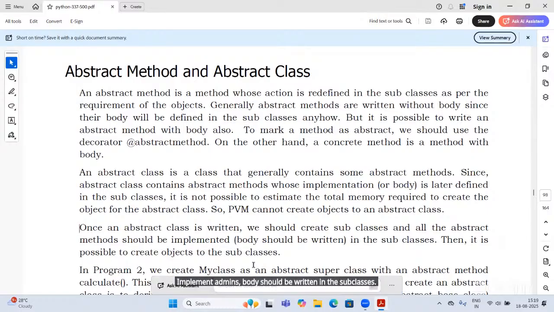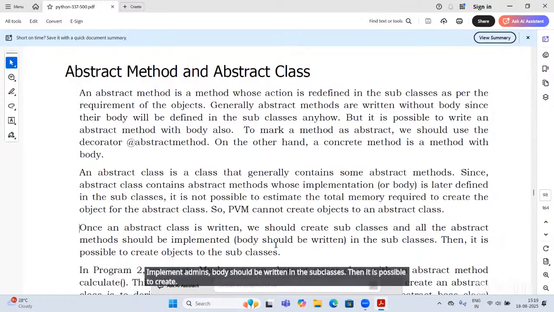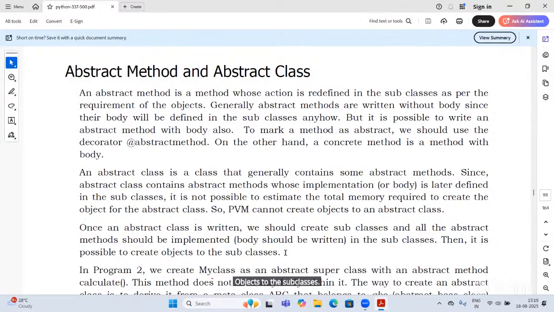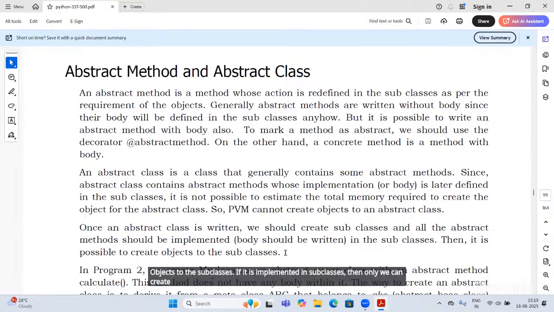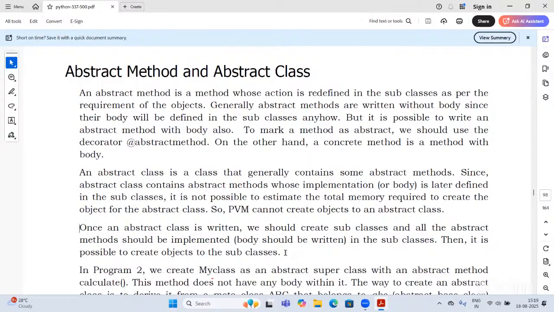Then it is possible to create objects of the subclasses. If it is implemented in subclasses, then only we can create an object of that particular class.